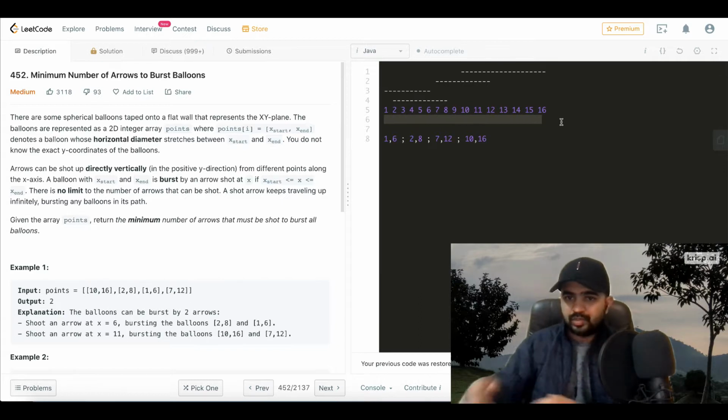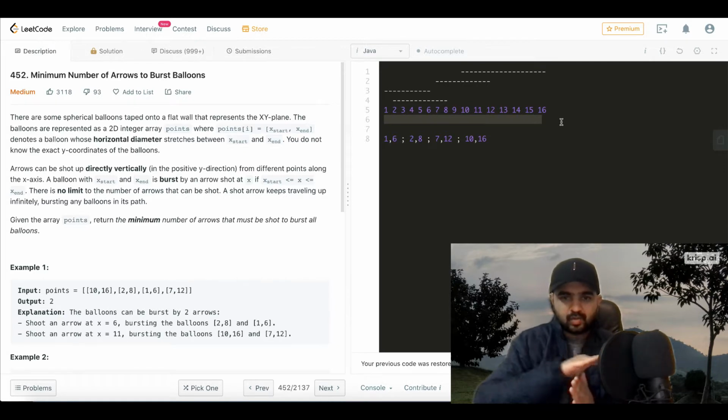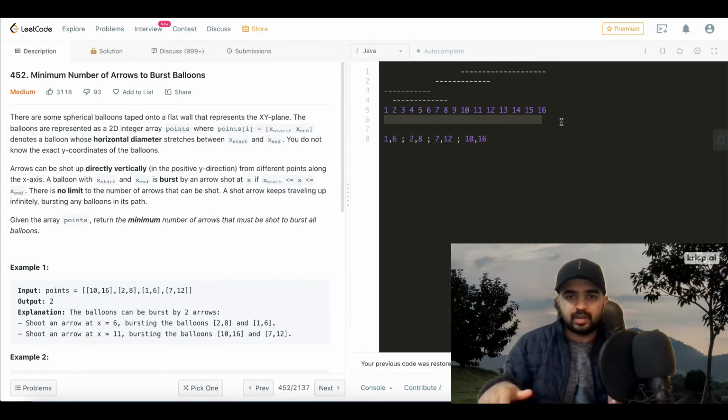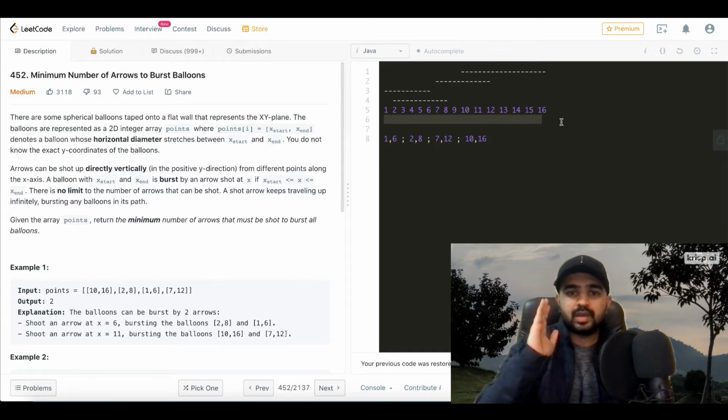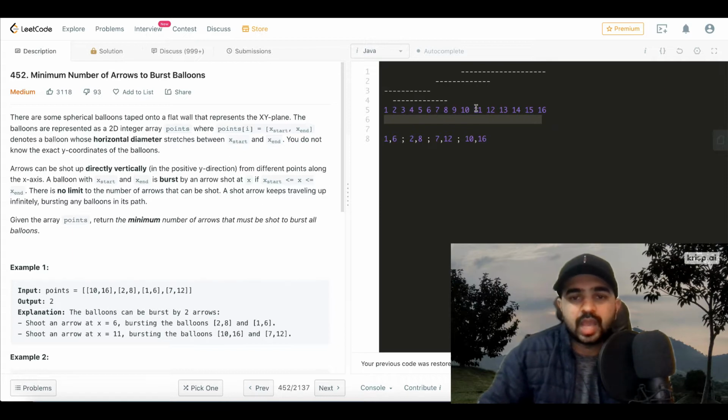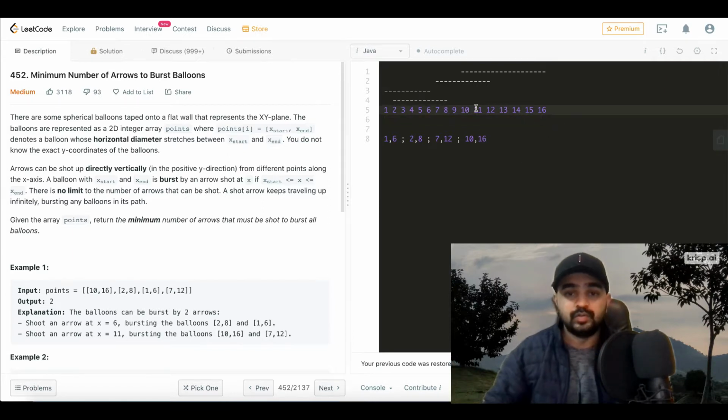So it's not like we're shooting an arrow towards them, but we are somewhere below all the balloons, shooting arrows vertically upward, trying to burst these balloons. And we need to return the minimum number of arrows which we can use to burst all the balloons.